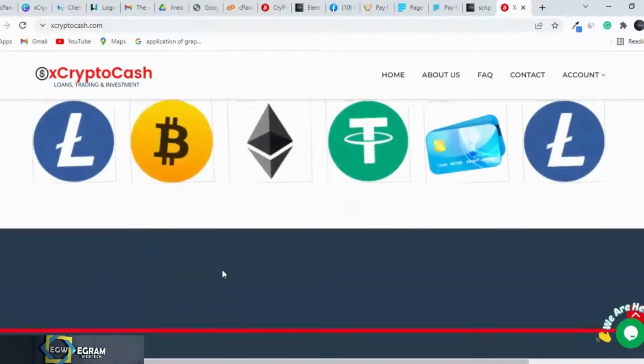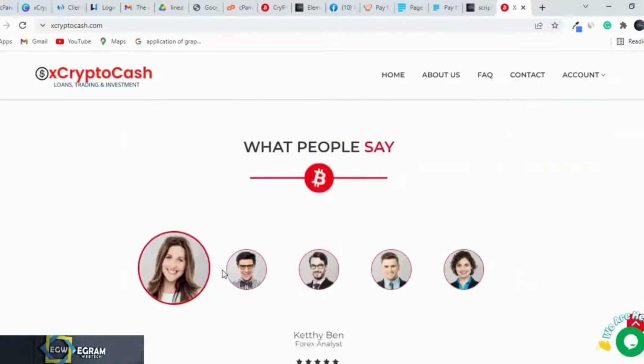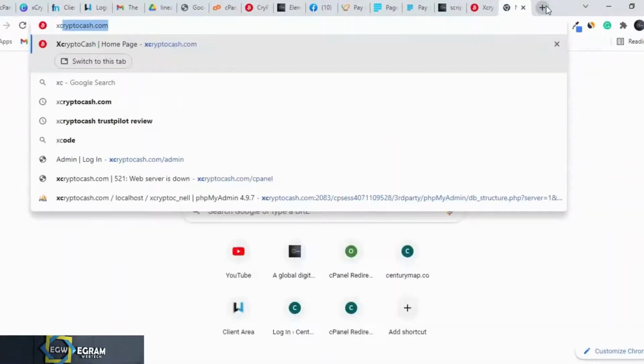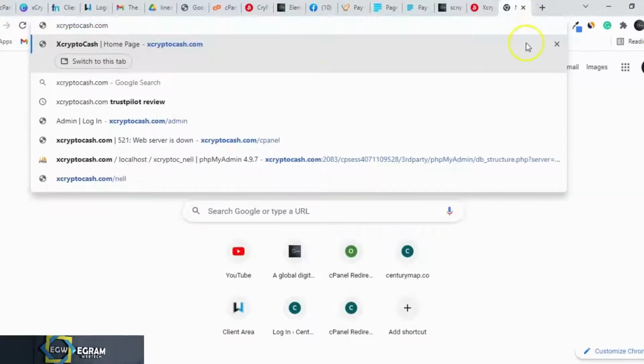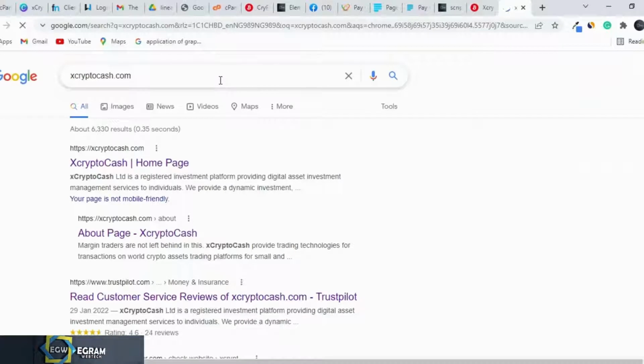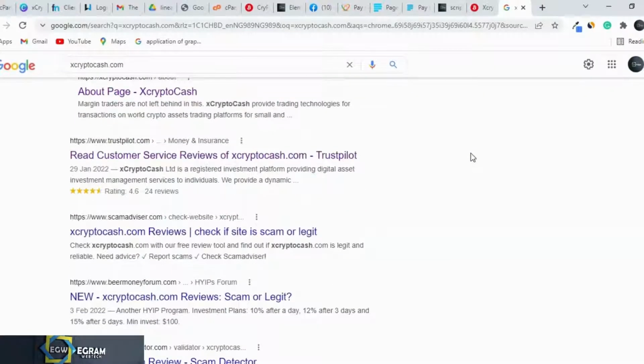And this particular site is already showing on Google because I've already optimized it to show on Google. That's why I say I also do SEO optimization. If you go to Google here now and check cryptocast.com, you see it showing on Google very well. The site even has a review on a place called Trustpilot. Trustpilot has reviewed it. You have 4.6 out of 5.